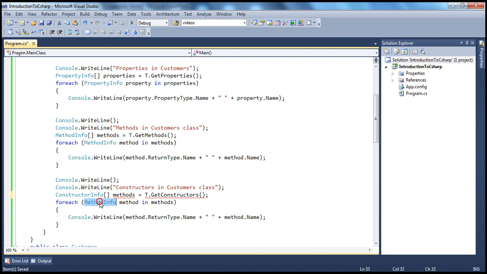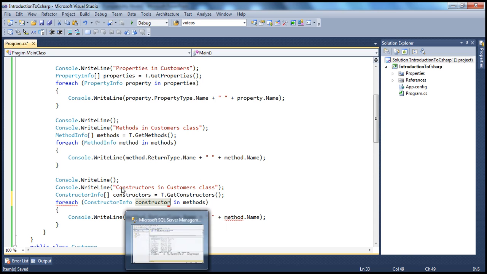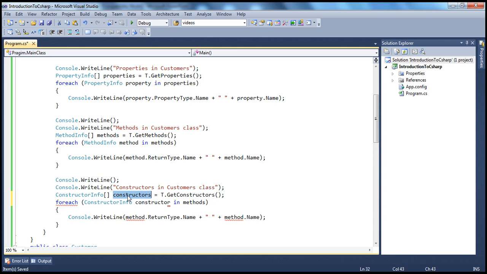And then for each constructor info, let's give this a meaningful name, constructors. For each constructor in constructors, we want to print the constructor. But interestingly, if you have the class as customer class, obviously any constructor within the customer class will have the